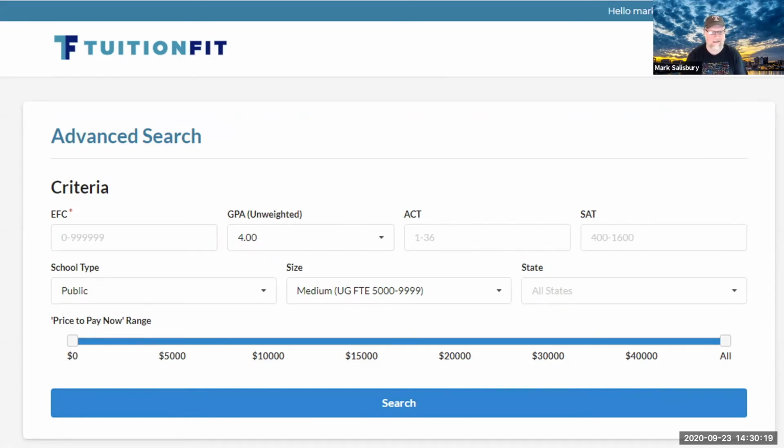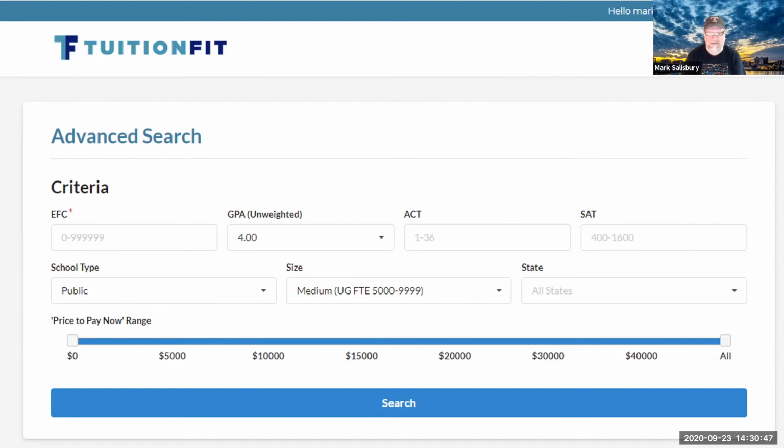And then on the second row, you plug in the type of university, whether you want to look at public universities or private colleges, or you can pick both. And then the size of the school, and this is based on the undergraduate enrollment. And then the state, if you want to pick a particular state or not, or several states. And then you hit search, and immediately you will see all of the information we have from all of the